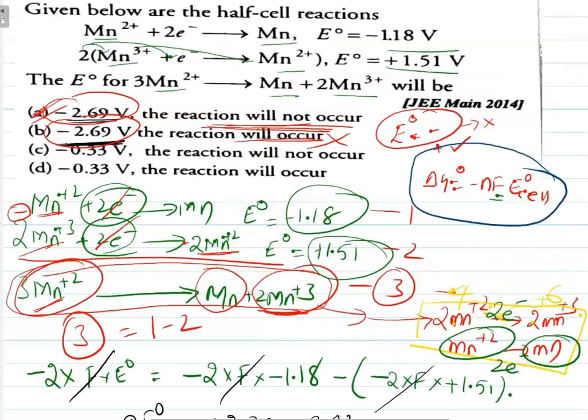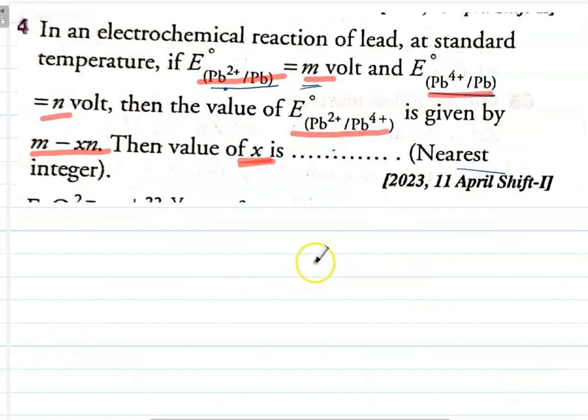I think this is not the one. This is the one where you have taken manganese, only one element in different oxidation states. When you are solving, I said you need to write its cell equation, then you need to equate the third equation with the first and second, and then you need to apply delta G is equal to minus nF of the E naught cell. Here also, in this question, the procedure is going to be the same, but it is an integer type of question where you are not given any option. You need to write the answer as an integer. So this is an integer type of question that is given in the IIT.